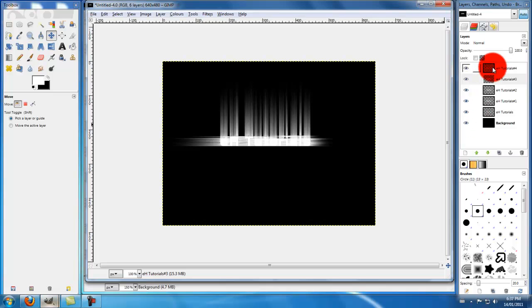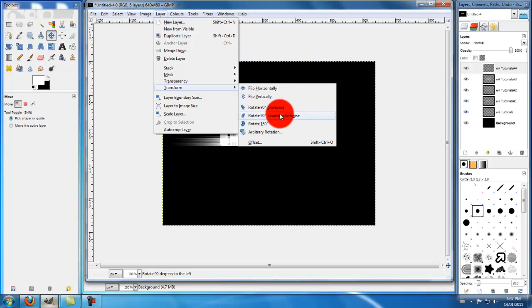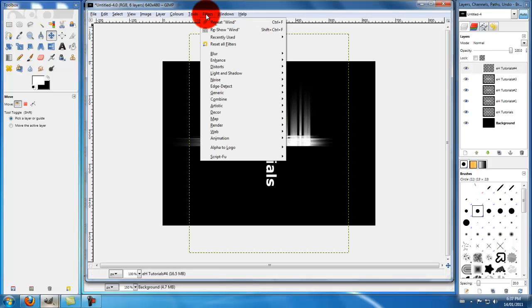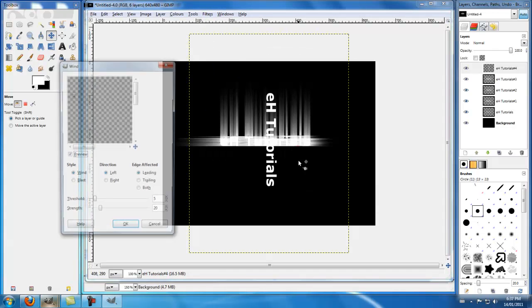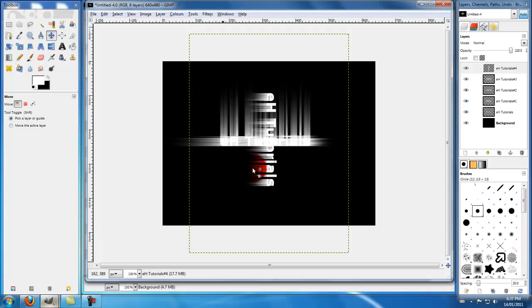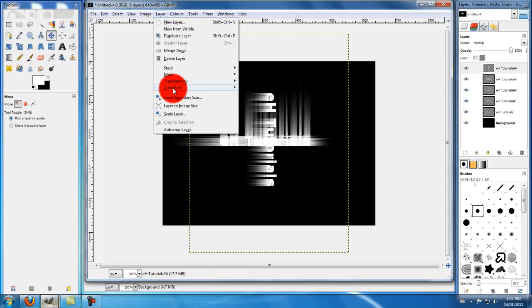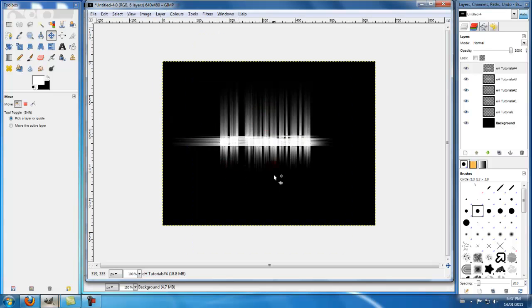Once you've done that, you're going to go to your last duplicated layer, your fourth one. You're going to rotate it 90 degrees clockwise again. Go Filters, Distorts, Wind. Keep the same settings except for your direction. You're going to move it to right. Click OK. Then you're going to Layers, Transform, Rotate 90 degrees counterclockwise. Now that you've got your basic wind effect,